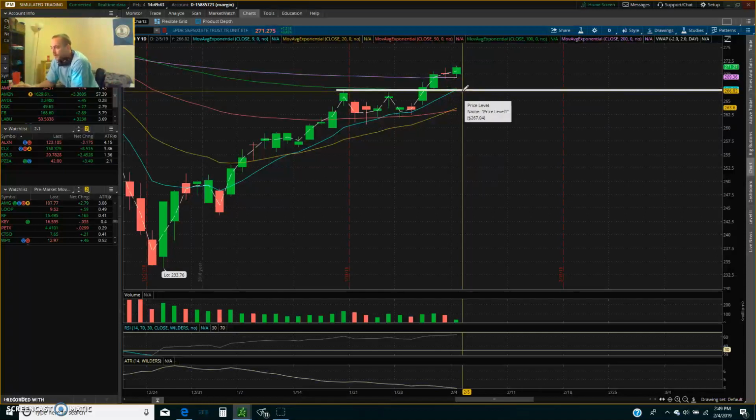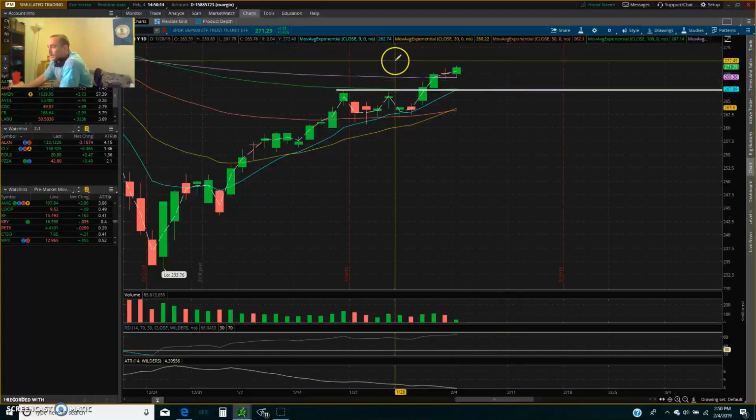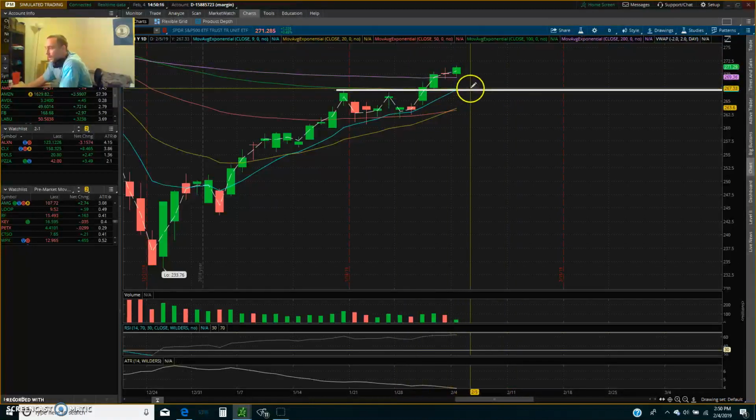Guys, if you don't know, this makes things easier. When someone says the bulls or the bears are bullish or bearish, it's very simple. A bull is somebody who wants the stock to go up. A bear is somebody who wants the stock to go down. So if the stock market is bullish, the stock market is going up. If the stock market is bearish, the stock market is going down. If somebody is bullish, they think the stock is going up, and vice versa. So that's cleared up. As long as it is over this white line, it's a bullish trend.